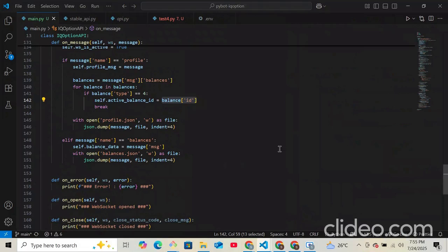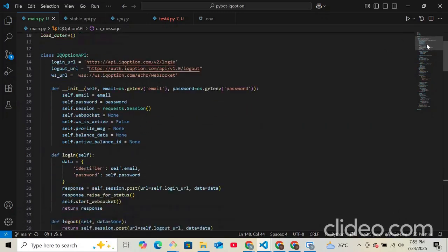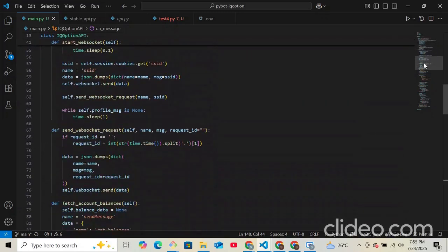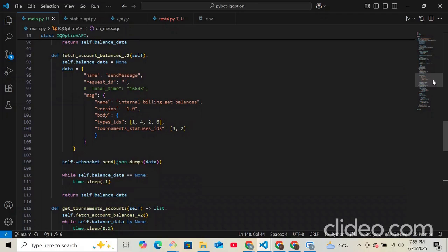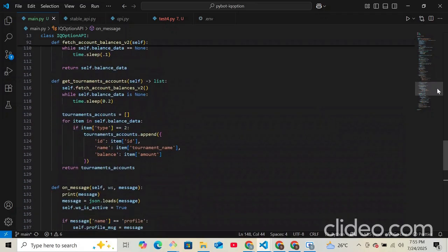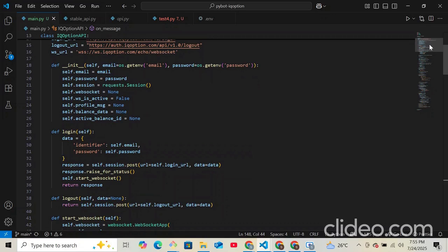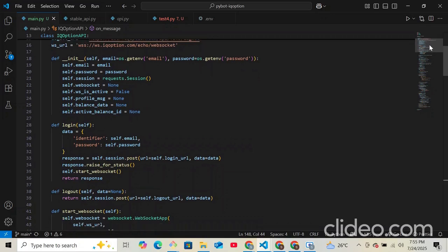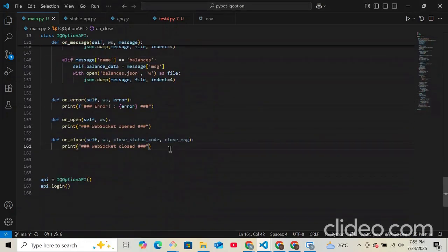Okay, so now what can be done? How can we start, right? A bit confused. I don't know how I should get this going, since we are already selecting the demo account as the active account. So what I'm going to do is, first I'm going to write a script to get the balance of a particular trading account. Okay, so I'll write a function def get